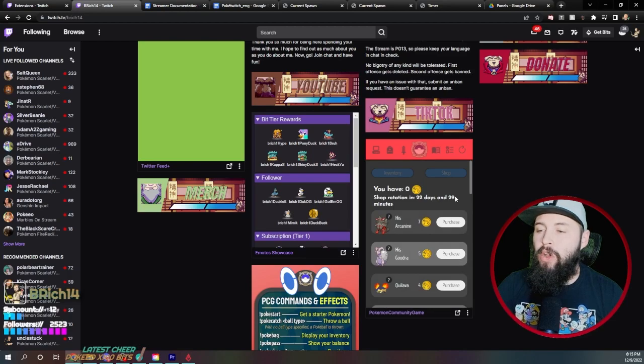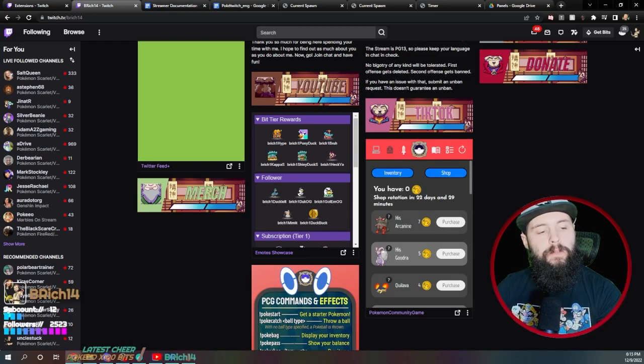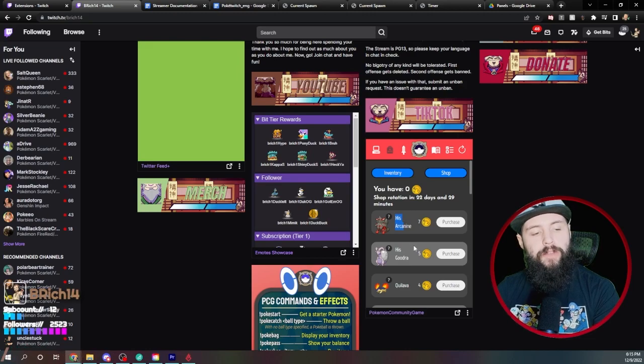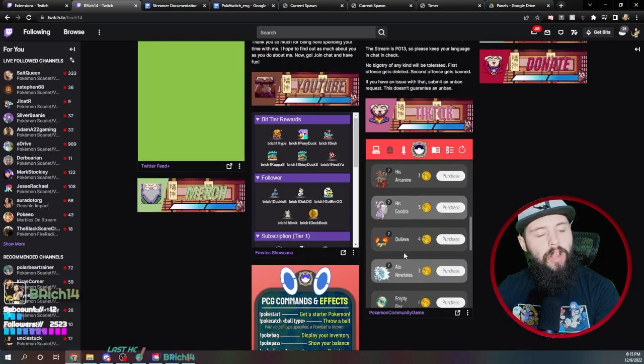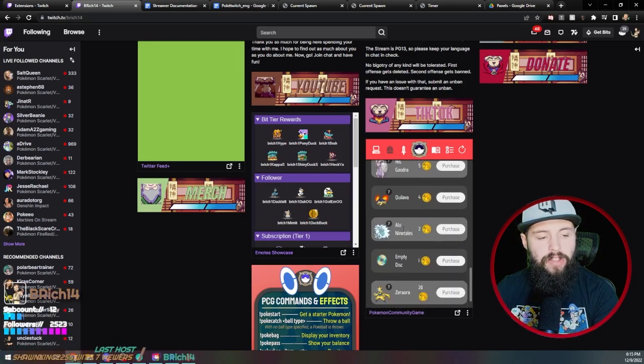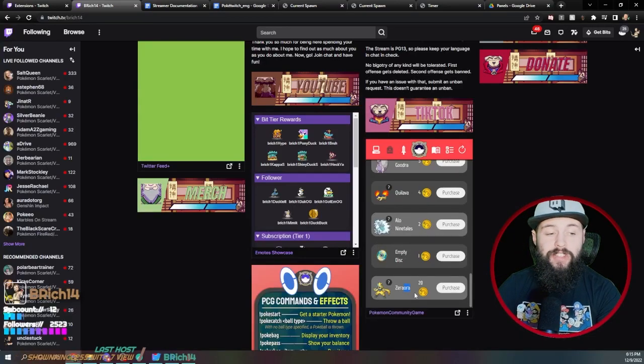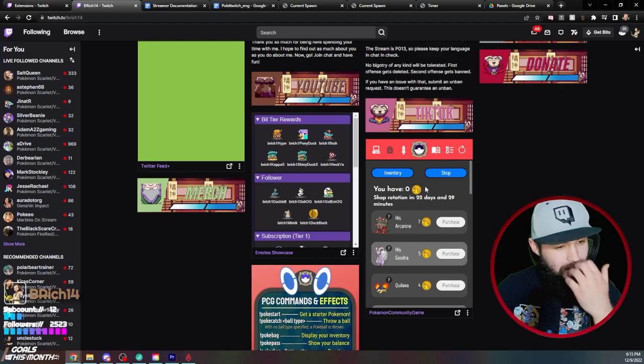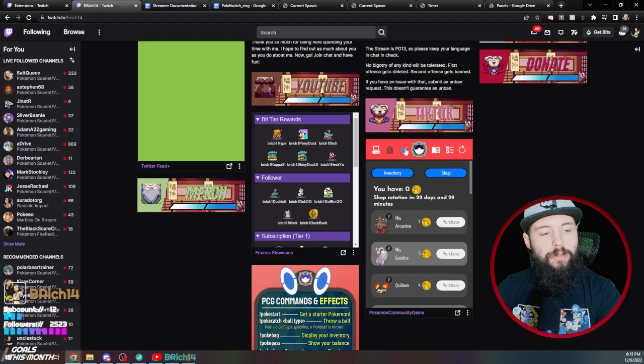There's also this battle coin shop that you can use coins that you might win through battling and participating in different events that they have, and these refresh every month. And right now you can buy yourself a Hisuian Arcanine, or Goodra, a Quilava, an Alolan Ninetales, or an Empty Disc or a Zeraora, which is super freaking cool. All just by hanging out in battling. Which brings me to the battle tab.